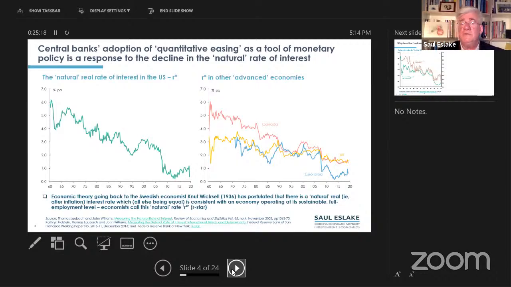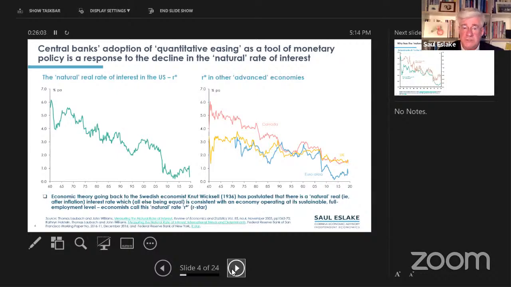Economic theory, going back to the Swedish economist Knut Wicksell, who was a contemporary of Maynard Keynes, has held that there is a natural rate of interest, which expressed in real terms, that is, after taking account of inflation, is consistent with an economy that's operating at its sustainable full employment level. That's sometimes called potential GDP, when all the labor and all the capital that wants to be and can be gainfully employed is employed, and thereafter economic activity or GDP is growing at its potential rate,